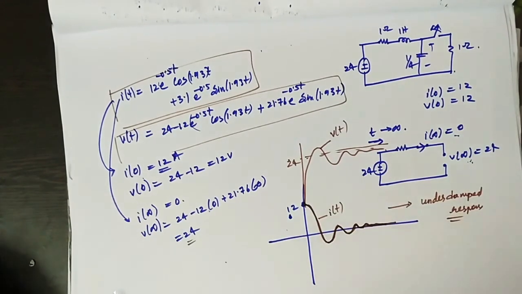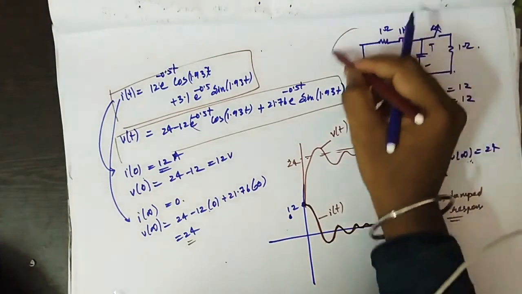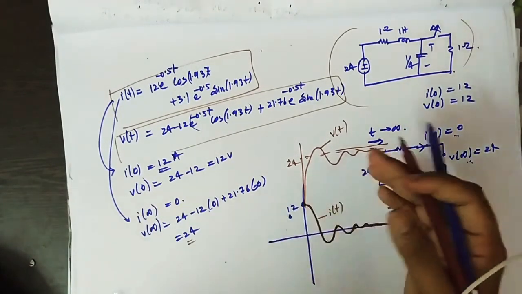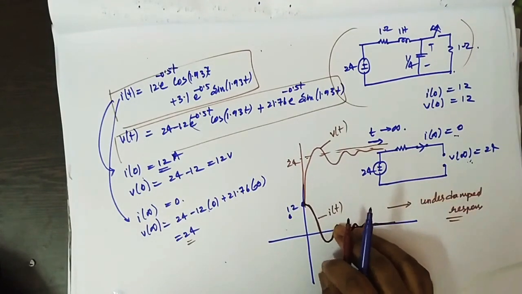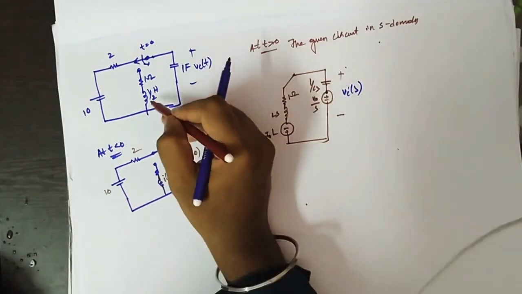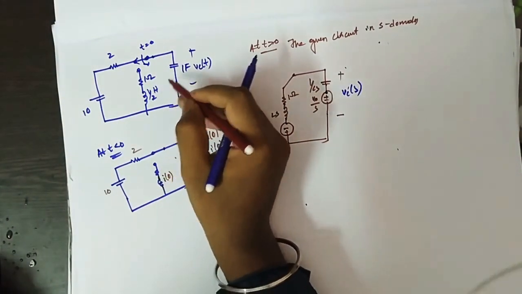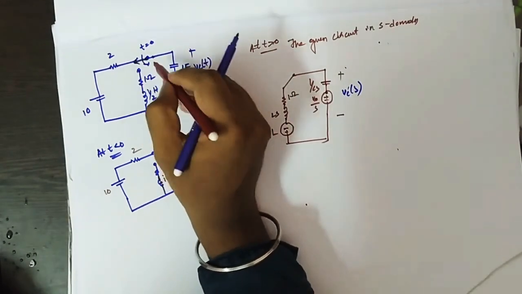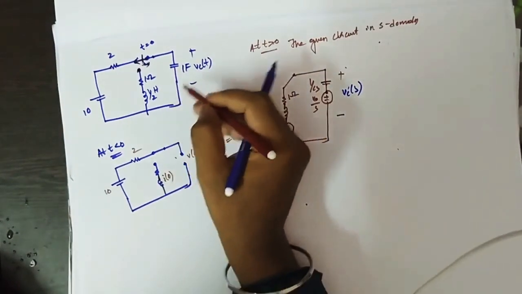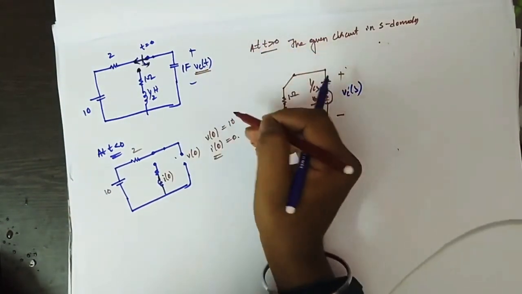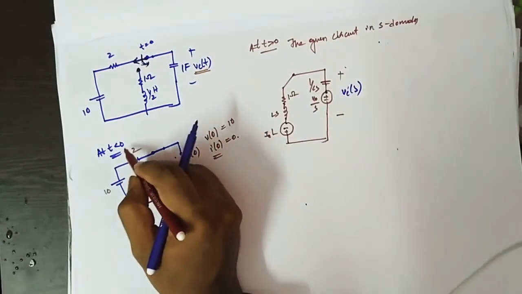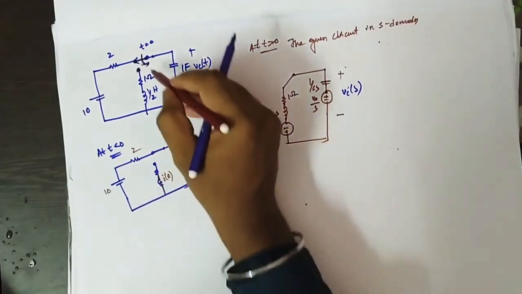So let us see. This is one circuit only, I explained this. Let us take a few more circuits. So this is another RLC circuit. In this circuit, the switch is closed for a long interval of time. At t greater than 0, the switch moves to this terminal. The agenda is to find the voltage expression Vc of t. So directly, at t less than 0, that means before the switch operates, this is the circuit here.